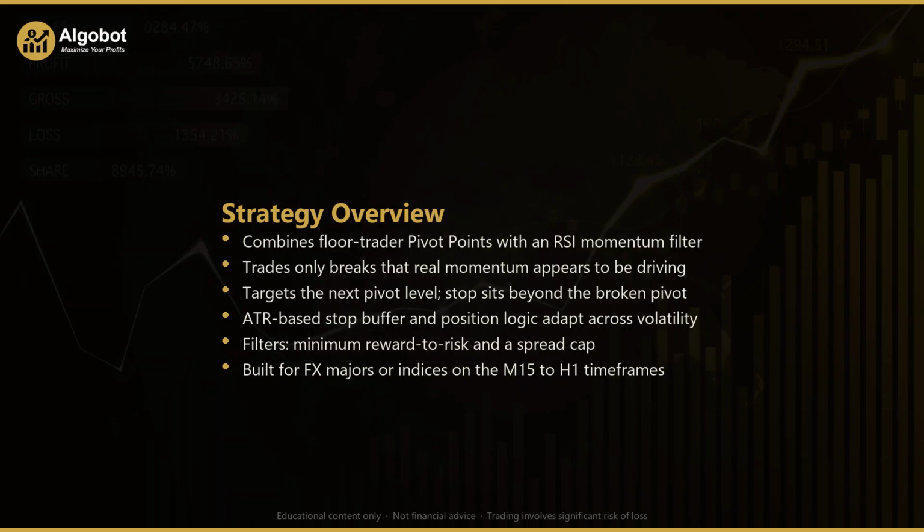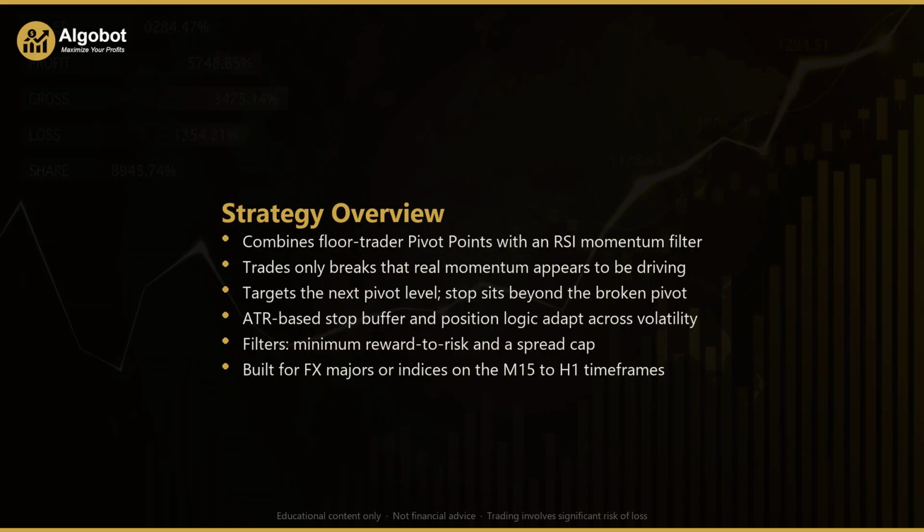To do that, it leans on two well-known tools. The first is the pivot point ladder. Every bar, the strategy rebuilds an objective set of levels from a rolling window of recent price. It calculates a central pivot, a first resistance and support called R1 and S1, and a second resistance and support called R2 and S2. These are simple, transparent, and non-repainting, which means the levels are fixed before the breakout bar